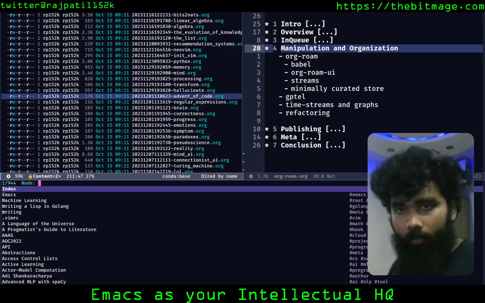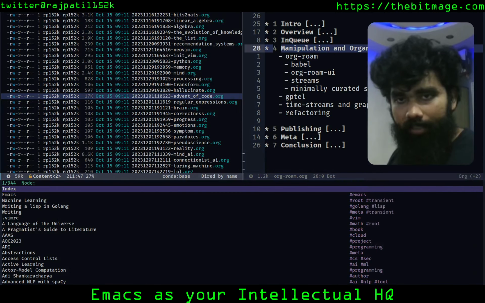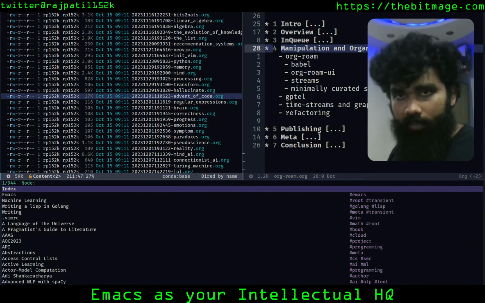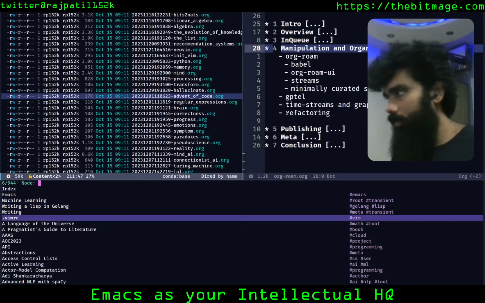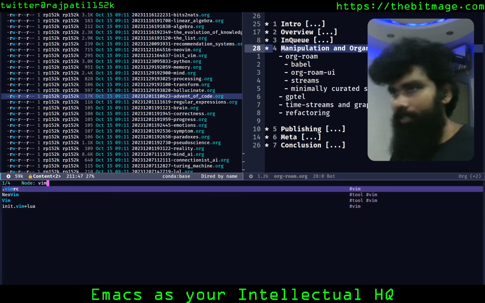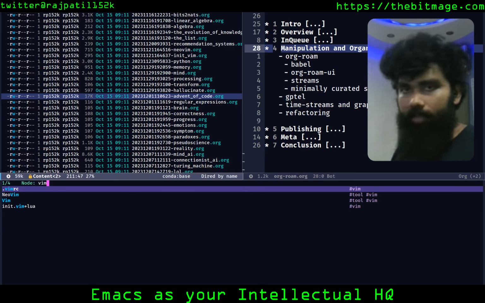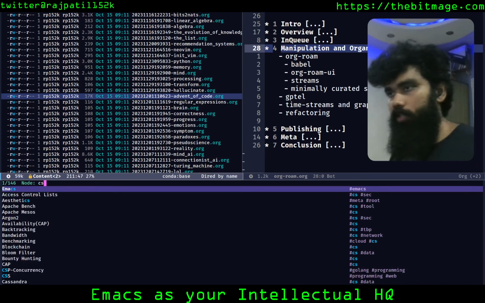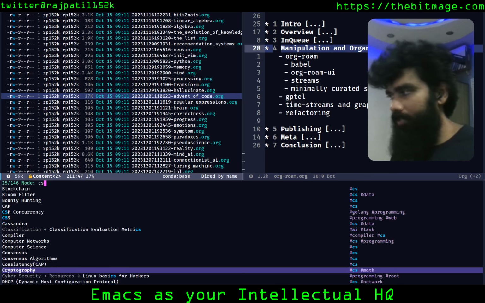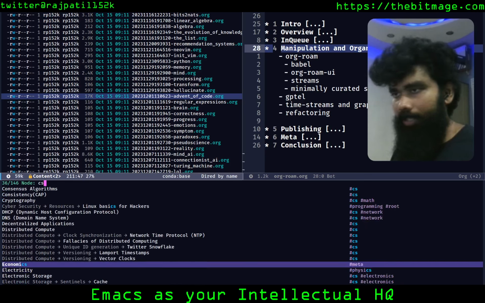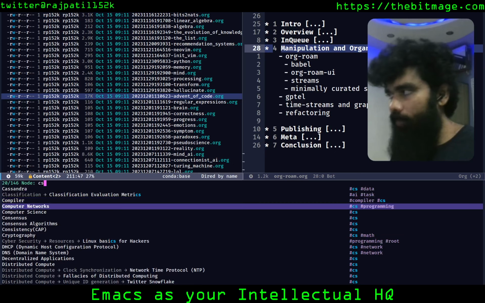I'm going to move my image up a little so that you can see the tags in there. Yeah, I hope you can see that now. So all of the tags that I have in here, I could also search something by tag. If I just hit Vim, these are all the things that have either a Vim in it or that have the tag Vim. So let's say if I talk about CS, these are going to be all the things that have either CS in them or a tag of CS in them.